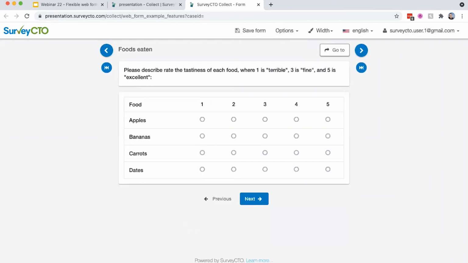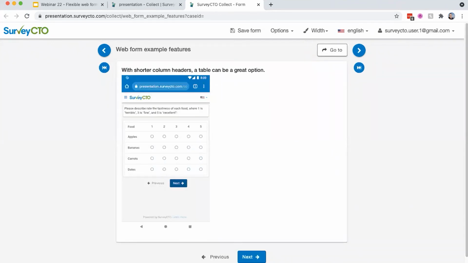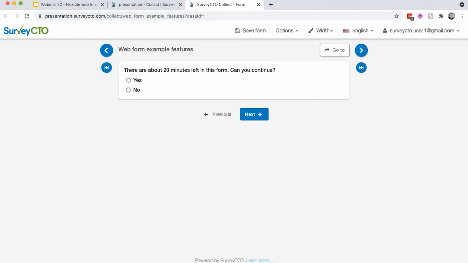However, a field list table can still be a great addition to your form. If there are only 2 or 3 choices, or the choice labels are really short, like here, where they're just numbers, then the table can work really well. Here, since the column headers are a lot shorter, the table fits comfortably on the screen and it looks great on a mobile device. Keep in mind that you will not receive any form data until the form instance is